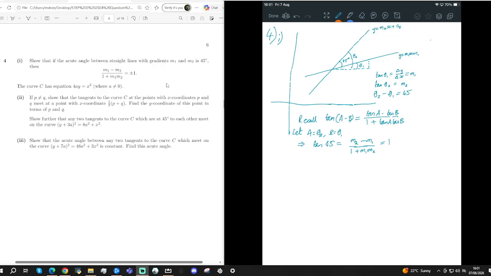So we actually could have had the angle between y2 and y1 creating an obtuse angle between them. So we have an extra right angle here. So really we have theta 2 minus theta 1 equals 45 degrees or 135,